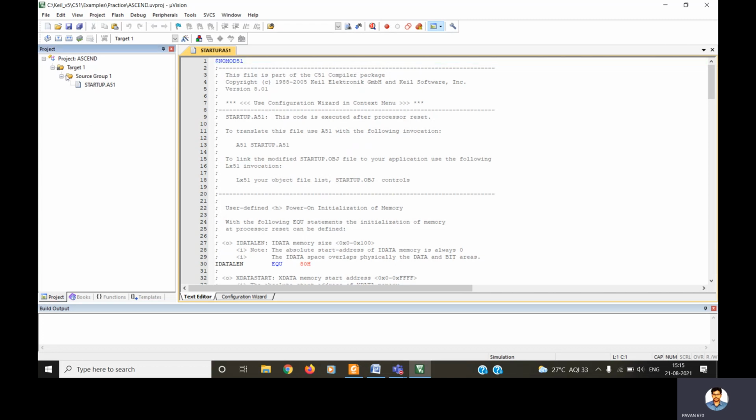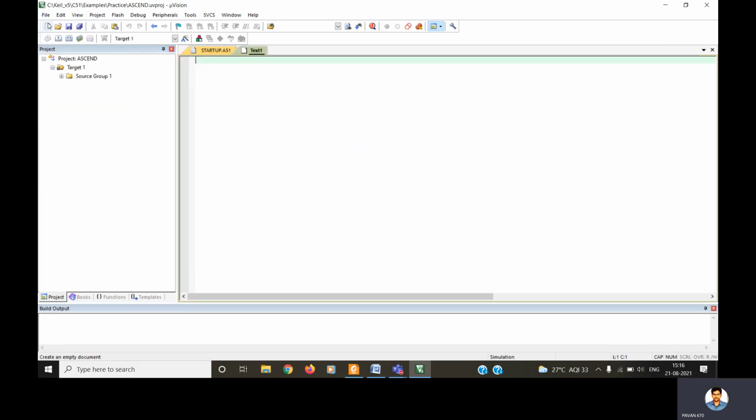What we need to do here is create a new file, because we need to write a program. After creating this project, go to File and create a new text file. Here you have to write your program.